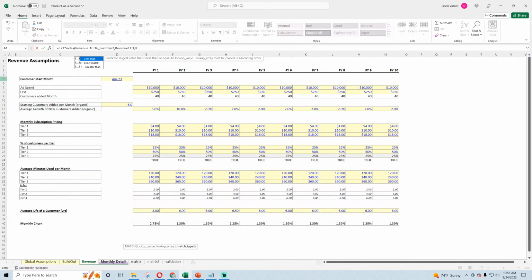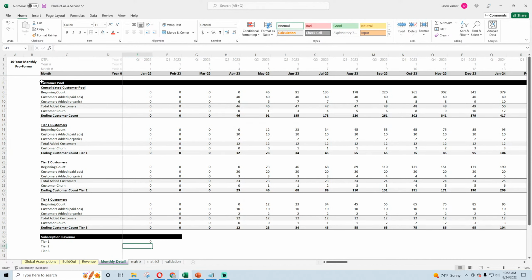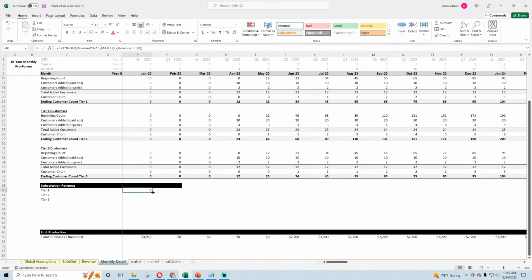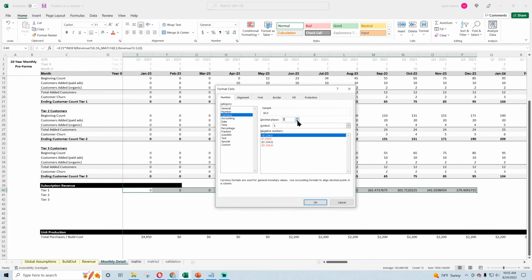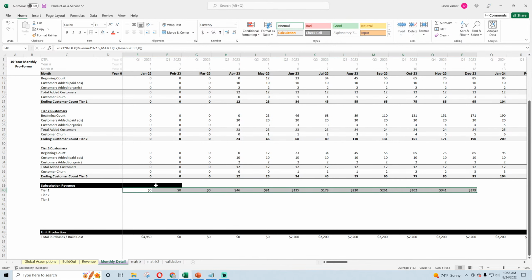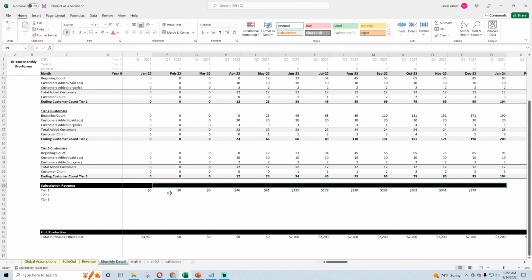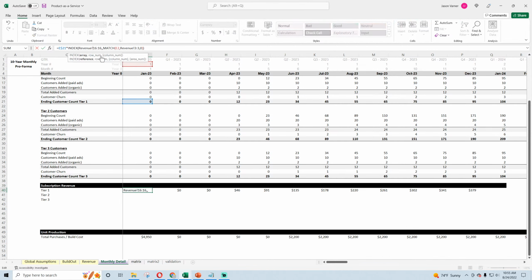And remember, they're not paying $4 forever. The price is going to change per year depending on whatever year you're in. So we simply say here is Tier 1. And let's see, we need to lock. That can go down. Lock this and this.